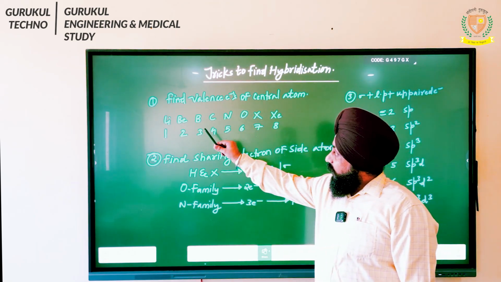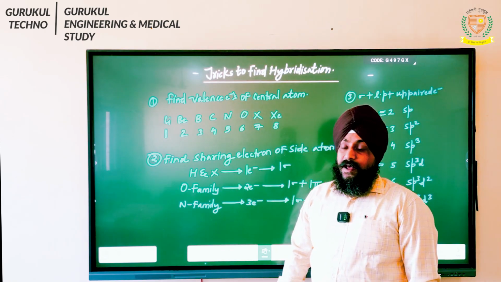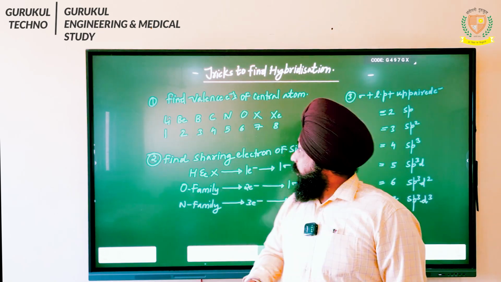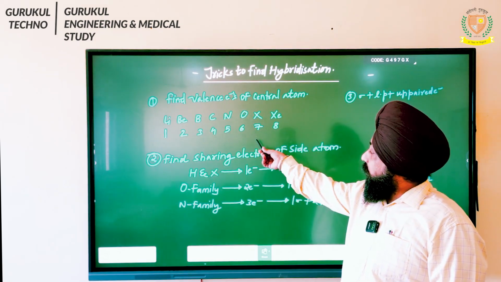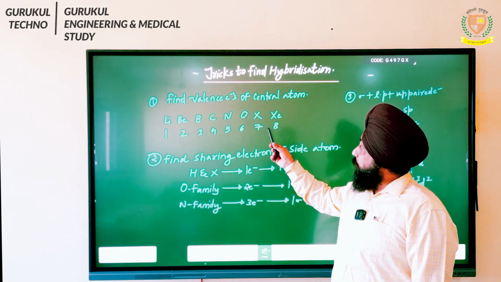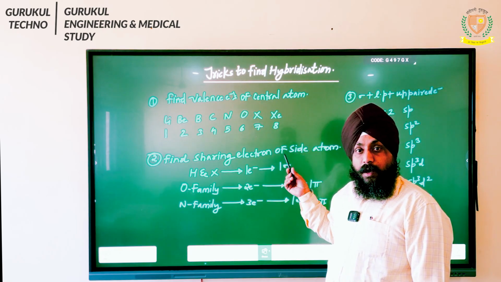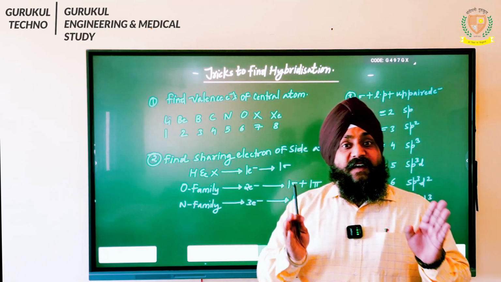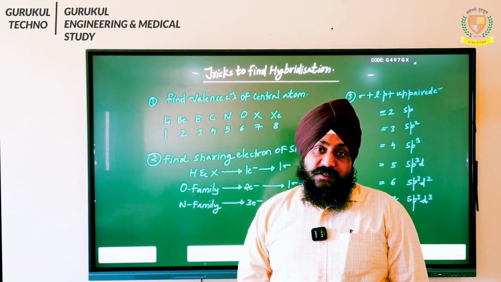Okay, the central atom, if it is lithium, you know there is only one electron in the valence shell of lithium. Likewise students, for beryllium we have 2, for boron we have 3, for nitrogen we have 5, for carbon it is 4, for oxygen family it is going to be 6, for halogen, here X stands for halogen, it is going to be 7, and for noble gases like xenon, neon, argon, it will be what? It will be 8. So first you are supposed to find out the valence electron of the central atom, for which you are finding out the hybridization.